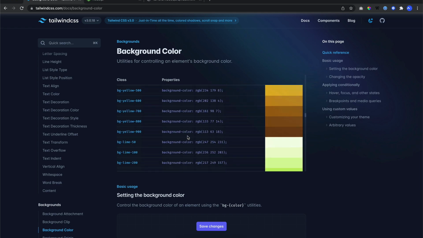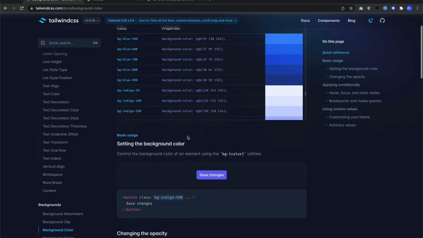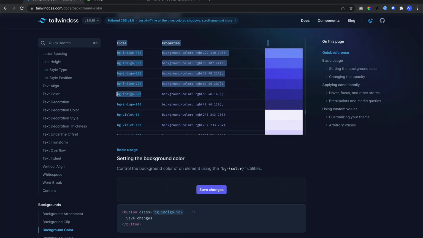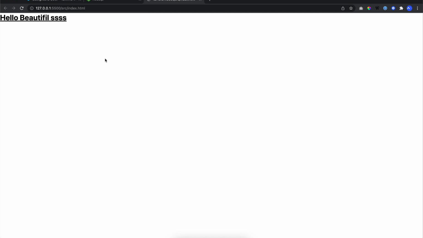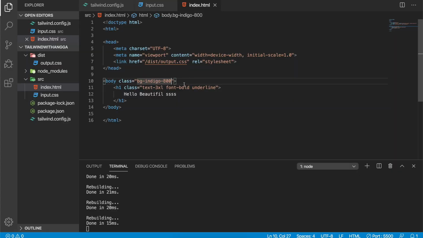Okay, let's go ahead. Maybe we can choose one of them. I'm gonna use this purple color, background indigo 800. Okay, it doesn't work. Oh, okay, just hit save and then refresh.